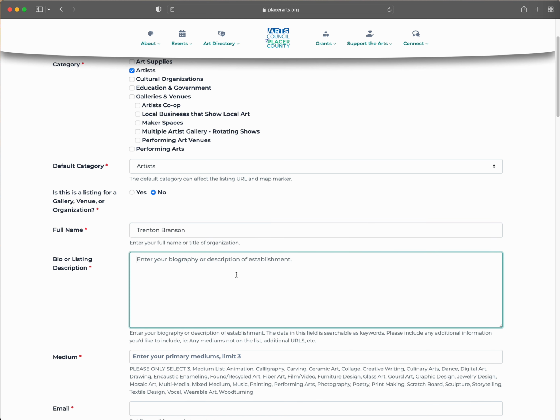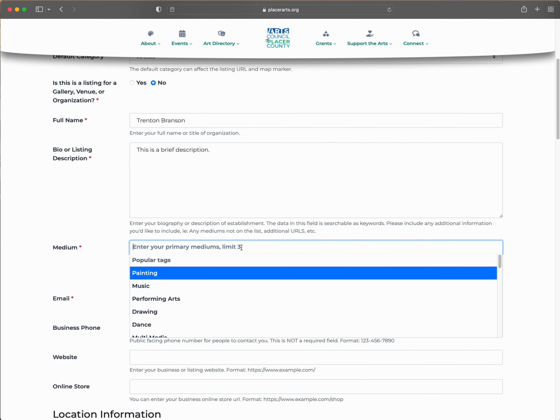information-wise. Under the listing description, keep in mind this field is searchable by keywords. So anything we input here, people can search for throughout the site. So next, we'll select our medium,